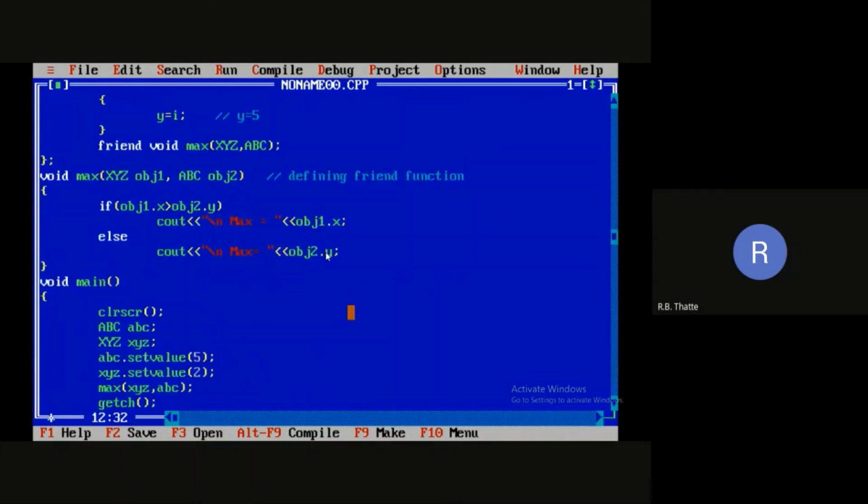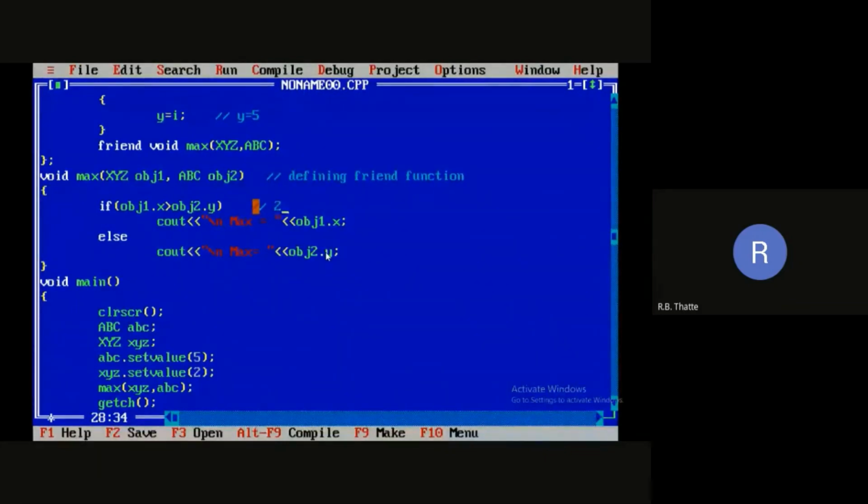So when we execute max of XYZ comma ABC, what will happen here? It will compare the values: object 1 belongs to XYZ, so we are checking the value of x, which is 2.